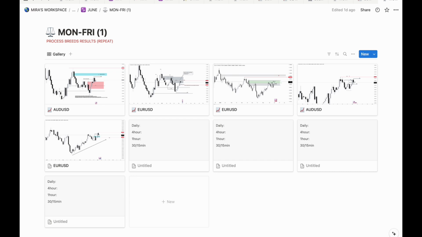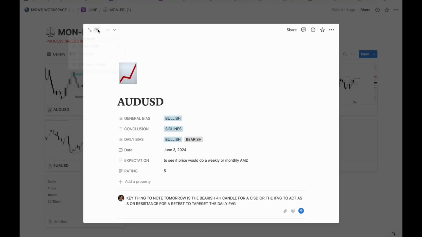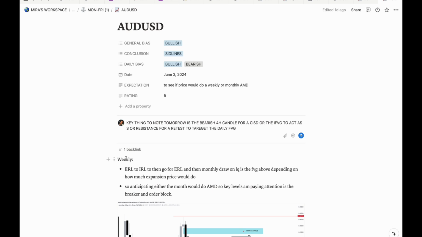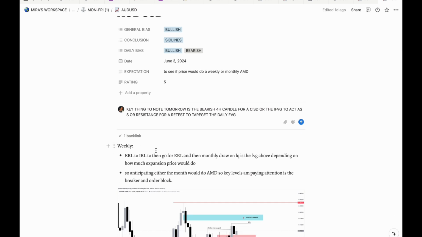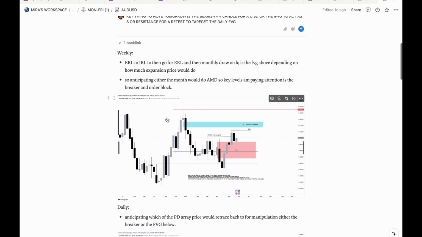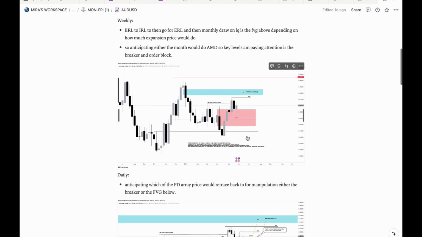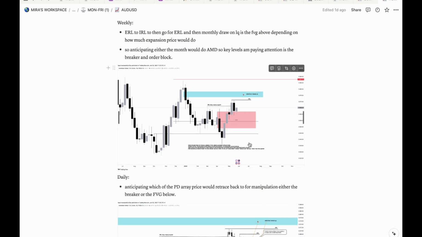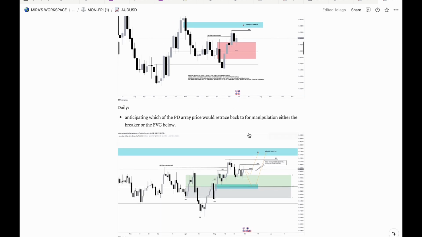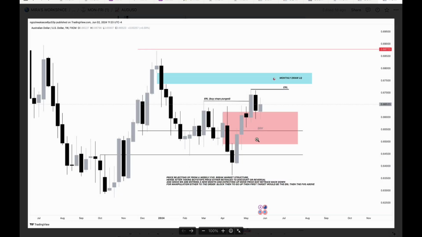So as you can see, so far this week I've done only 1, 2, 3, 4, 5 forecasts. So in my forecast, if you go into my forecasting template, what you can see is on Monday I make sure every forecast I do starts on the monthly, but when I want to journal I start from the weekly time frame. And I write out what I think the market is looking like and what the possible scenario is, what the market is going to do,